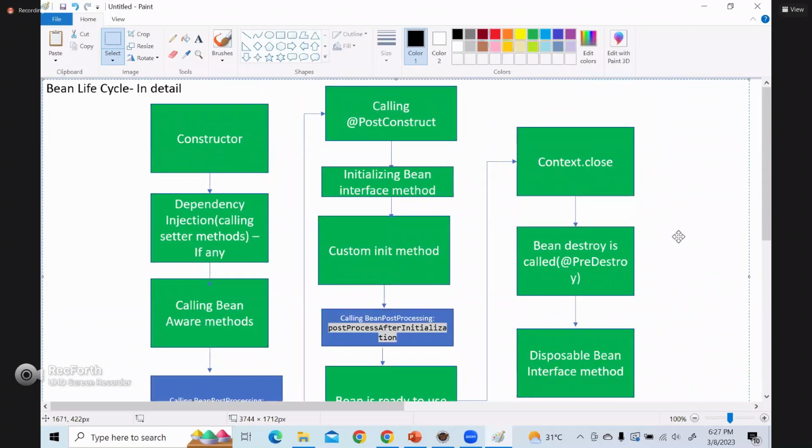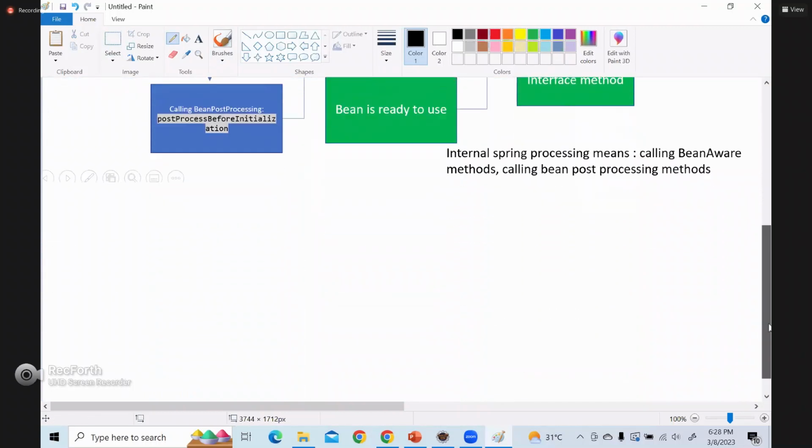What is a Spring Bean Life Cycle? Basically, this will tell us